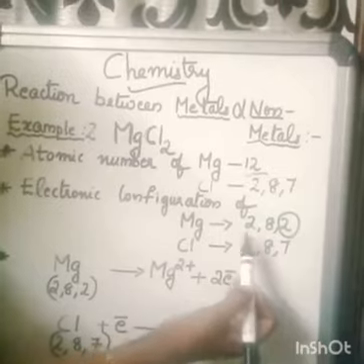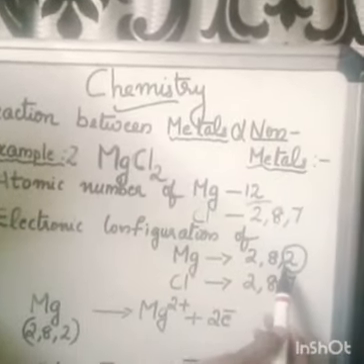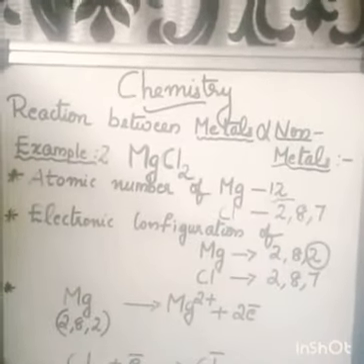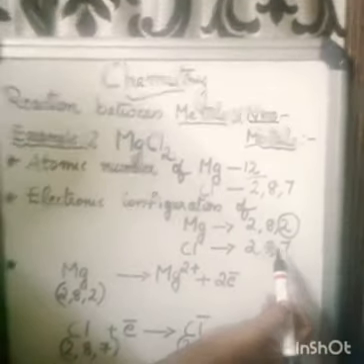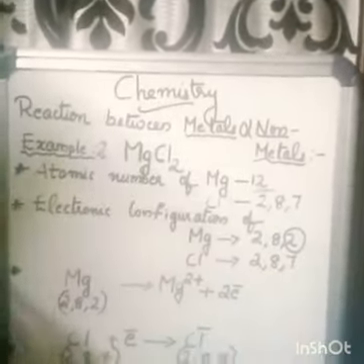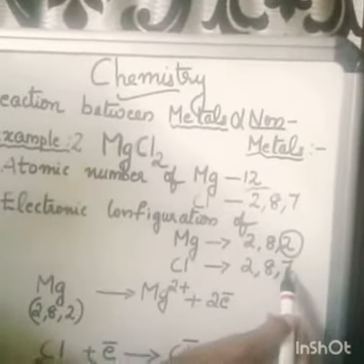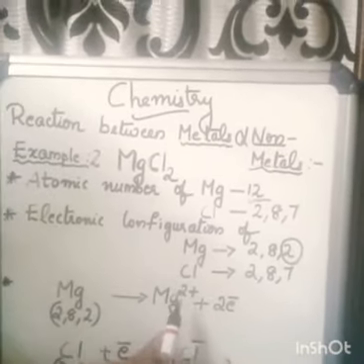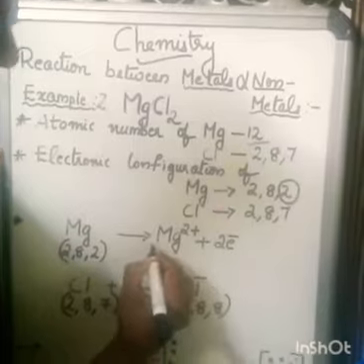When you think about stability, you can say that magnesium is not stable because it does not have 8 electrons in the outermost shell. And as we discussed, chlorine has 7 electrons. It needs 1 electron to be stable. So from where is this chlorine getting the 1 extra electron? Magnesium, to become stable, loses 2 electrons and it becomes a cation.